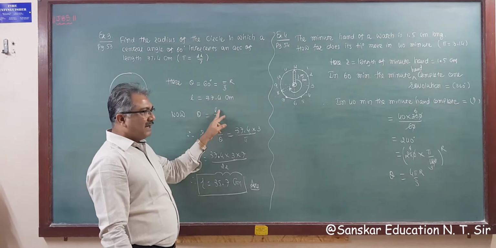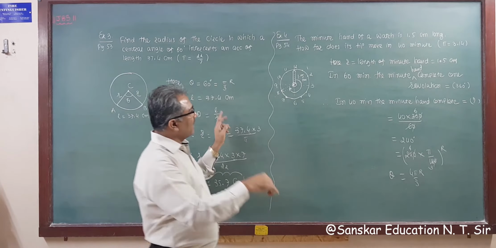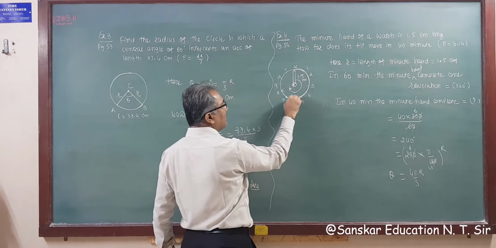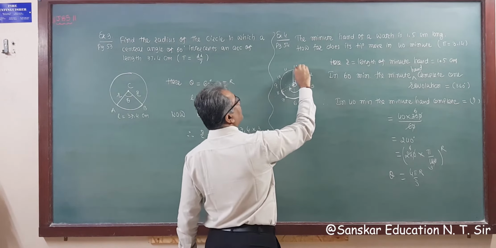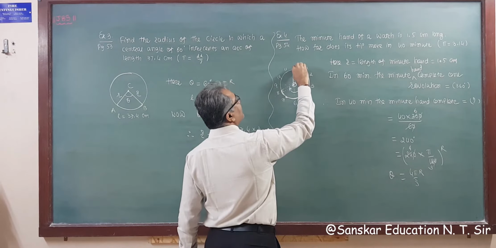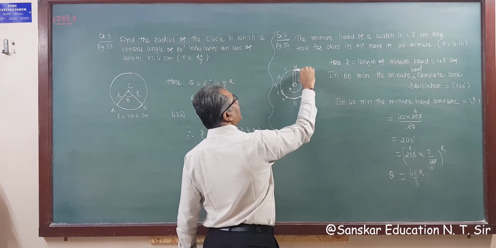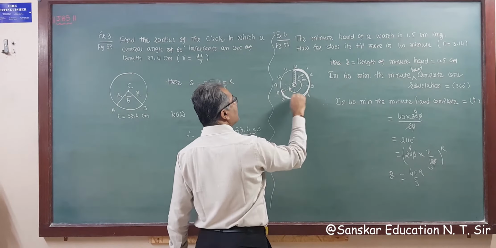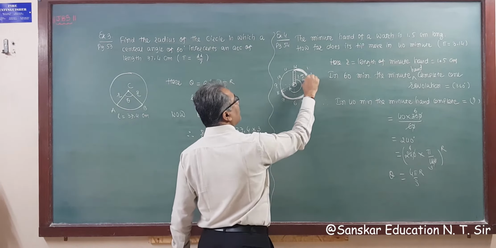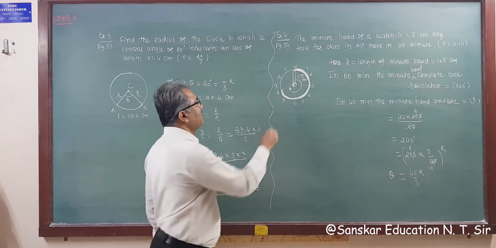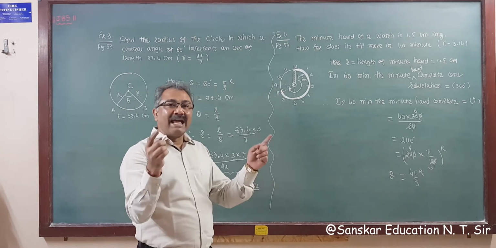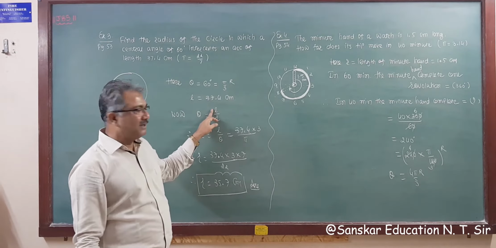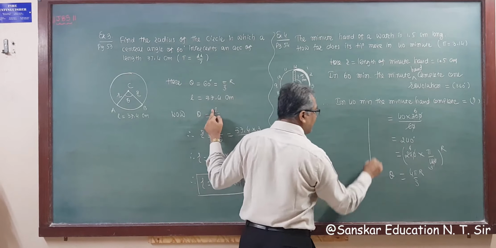It is given. So now using this formula, theta is equal to L upon R. So what is the length? That is the length of the arc. So it covers the distance, means you have to find out the length of the arc, right? This is the path of the minute hand in 40 minutes. So this means length of arc, and length of arc is L. So we have to find out L.